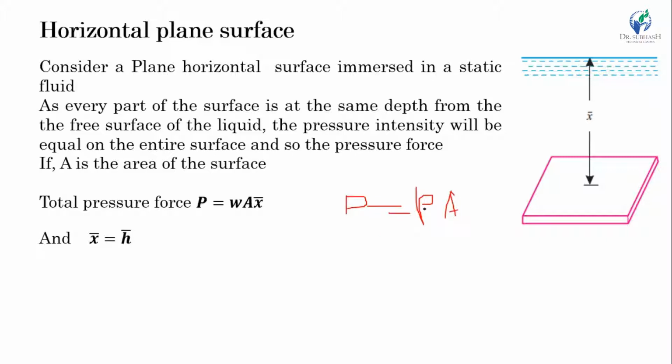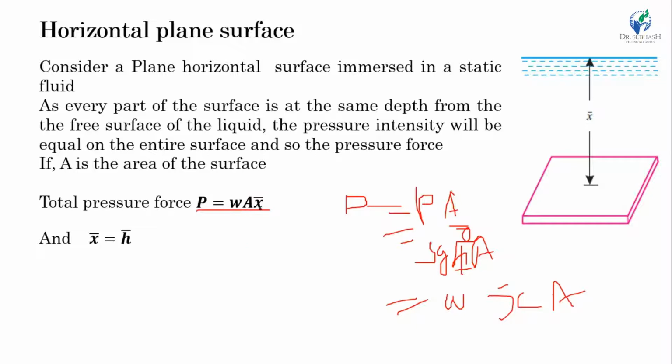And the small p, according to the hydrostatic law, is equal to rho g h times area. Here h is the distance from the free surface of liquid, and here we have taken h as x bar. So we get the equation, and rho g is nothing but the specific weight. So the total pressure force is equal to specific weight times area times x bar, which is the distance of